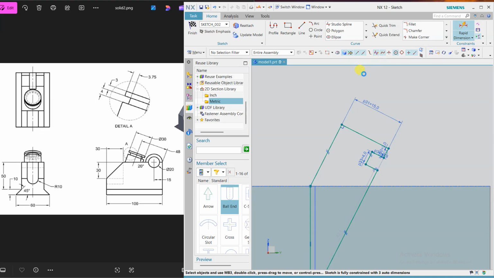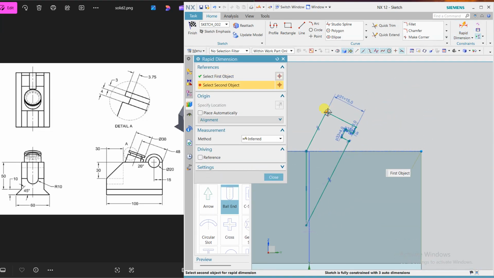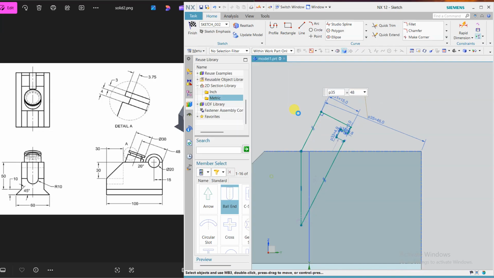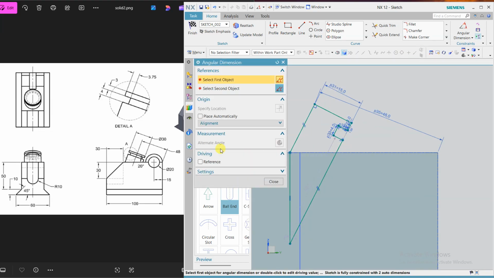Click here. I want this point and this point, this gap is 48, and before this we should define the angle, and the angle is 20 degrees.